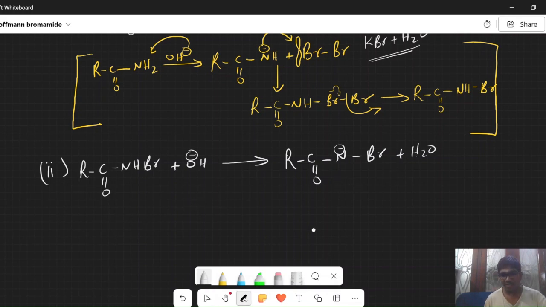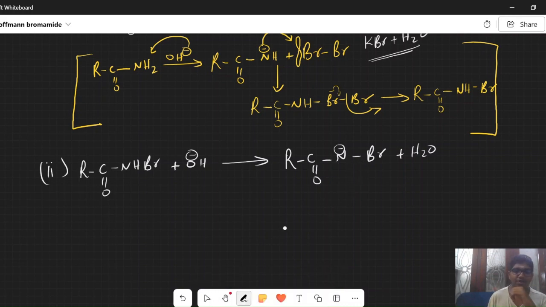Now we'll move on to the third step. And as all of you might have predicted, seeing the product here, it is easy to identify the third step, as there is a Br here, bromine here, and nitrogen has a negative charge. Br minus, being an extremely good leaving group, will definitely go from here, and you will get a nitrene. Okay, not a carbene, a nitrene. Okay, so I'll write it here. So step 3